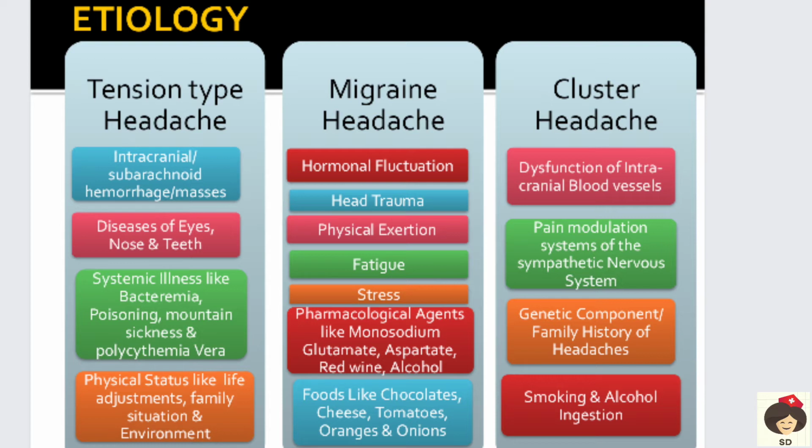And polycythemia vera is one of the conditions where there is increased RBC count in the blood. RBCs are red blood cells. So when there is increased RBC, this increases the concentration of the blood. So when the concentration is increased, again the nerve endings can get irritated, and thereby the person may feel the